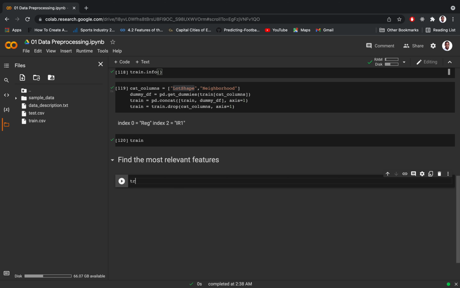What I'm going to do, how we're going to find the relevant features, is that each of these variables has been formatted already and they are all numerical values now. Then we want to find the correlation with the target value, because to find the most relevant features, it's not just one technique. It's not all rounded stuff. You need to find